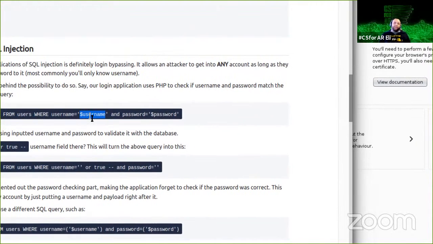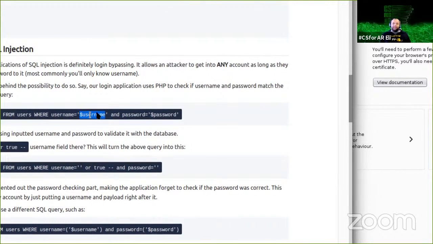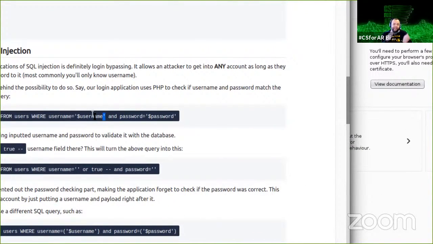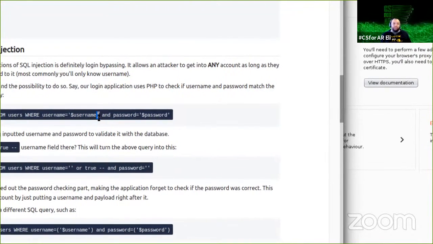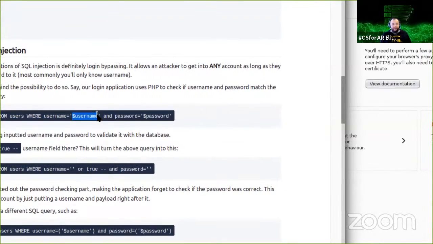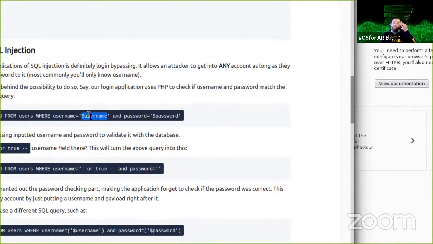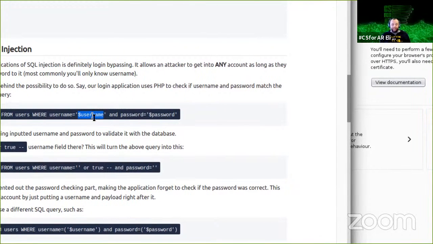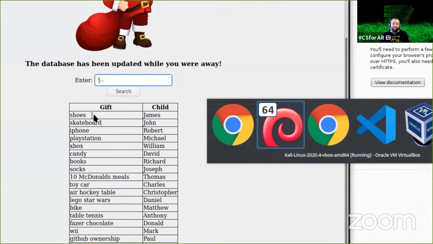And so if that variable includes the same kind of quote that they're using, the parser for the language or for the SQL server won't know the difference between this quote and a quote that I, the attacker, have put into the string. It can't know which one is valid or invalid. So it reads it just like you would read it, top to bottom, left to right. So it hits this quote, the quote that I put in, and then I told it